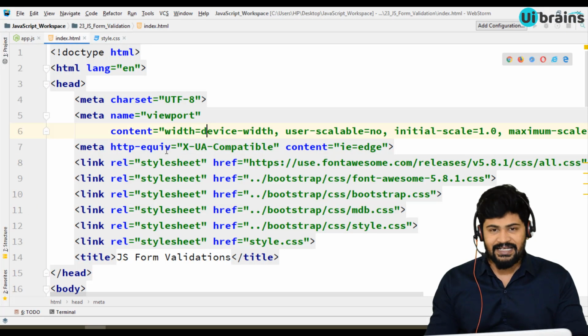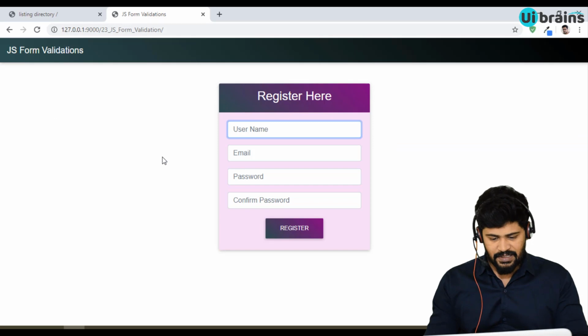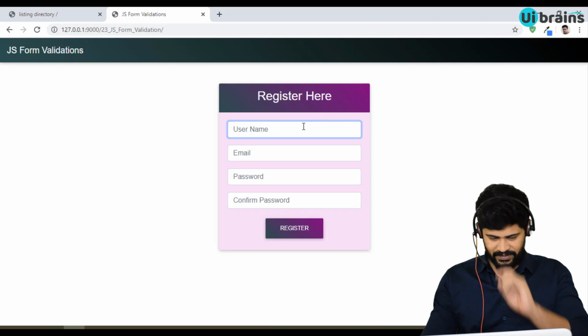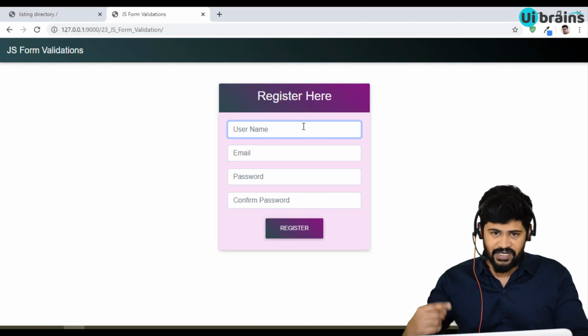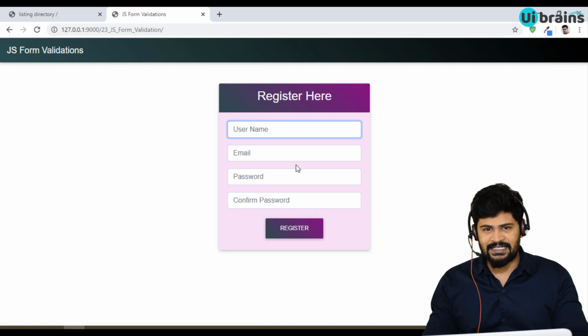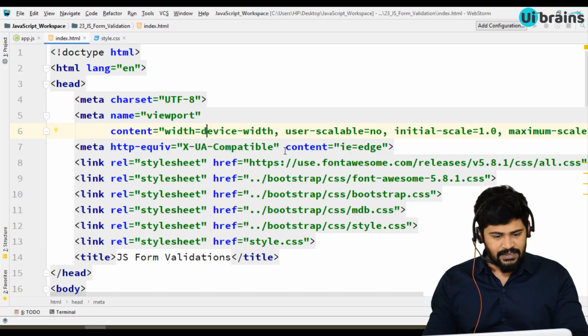So the validation actually starts like this. Whenever you click on the registration button, it has to submit a form, and after the form is getting submitted, you have to take this form data to a function, and there you have to write the form validation logic. When you click on a form submission, there's an event called the onsubmit event. If you're doing it with event listeners, it's going to be the submit event. So let's start with that part now.